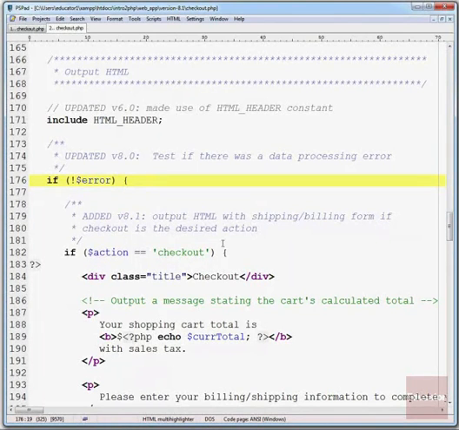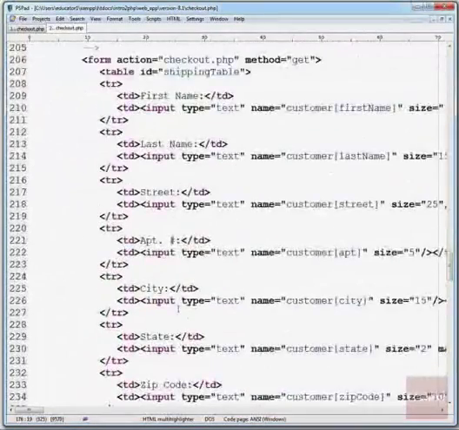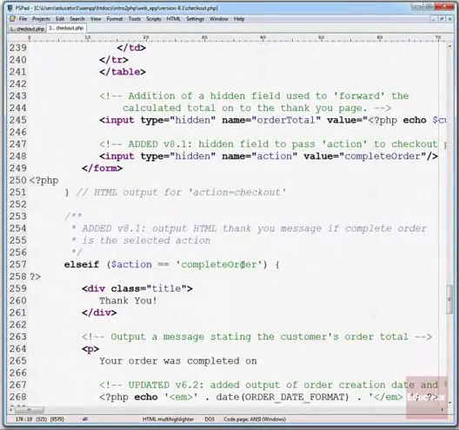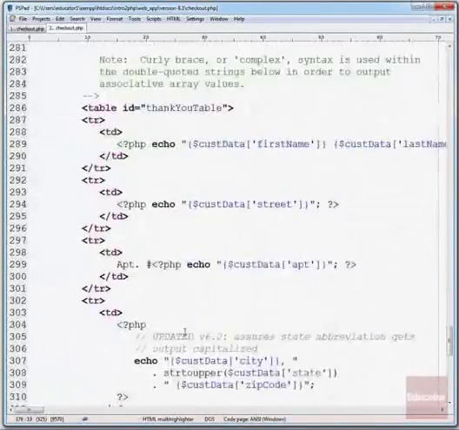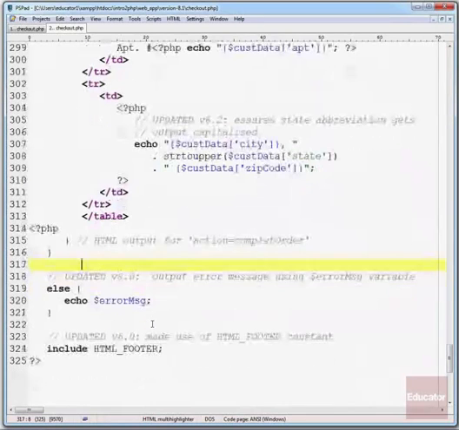So if action equals checkout, then you output the checkout form, or the shipping and billing information form. If action equals complete order, which means it's completing the order and going to the thank you page, you're going to output the thank you message. And down here you can see that if neither of these occur, we're going to output an error message stating that,